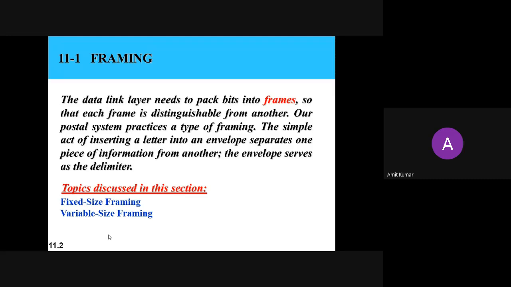ATM is one example of fixed-size framing. Any other examples, like the internet and other things, have variable-size framing. Depending upon the size of the packet, they will divide the packet into different frame sizes.